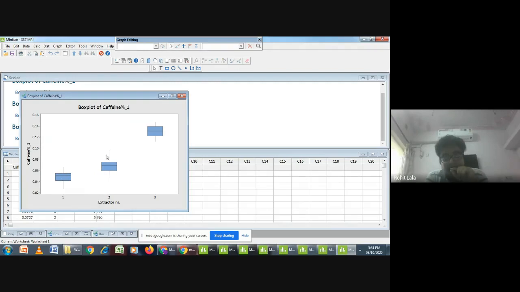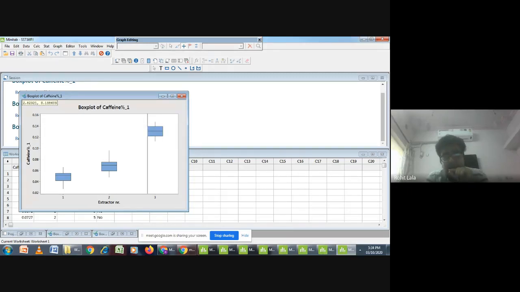So your machine 1 and machine 2 are okay. But due to some problem in machine 3, we need an extraction of not more than 10, but here we are getting more than 10. On the basis of our box plot, it starts from 11 and goes to 14 point something. So our machine 3 has some problem. We need to check machine 3.